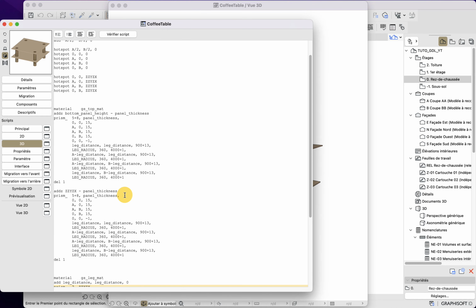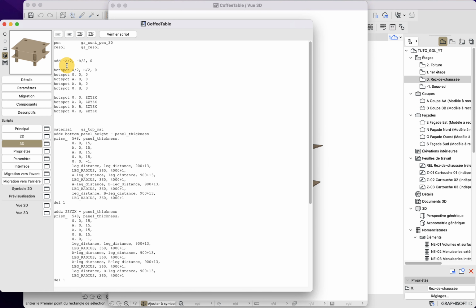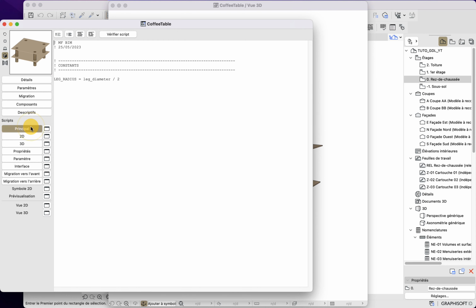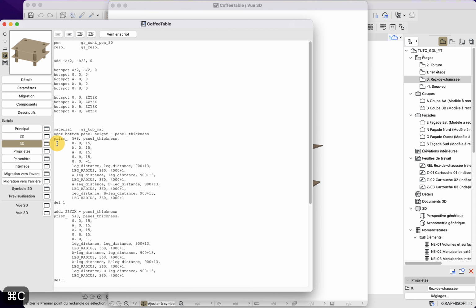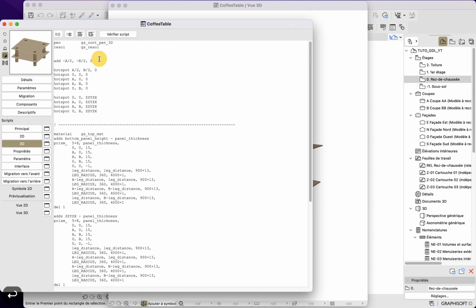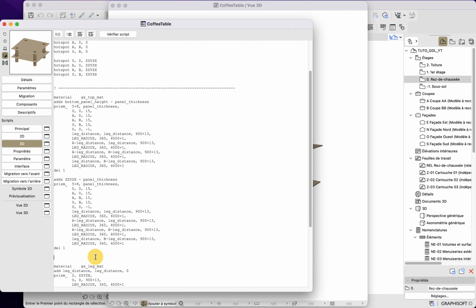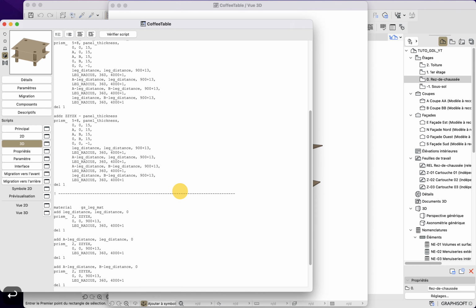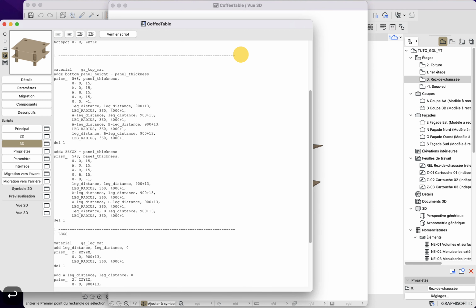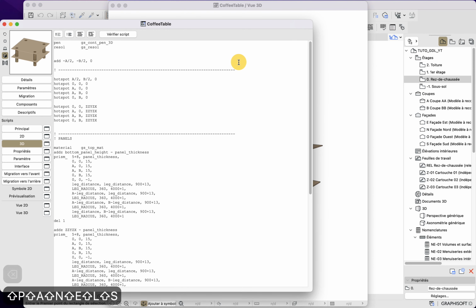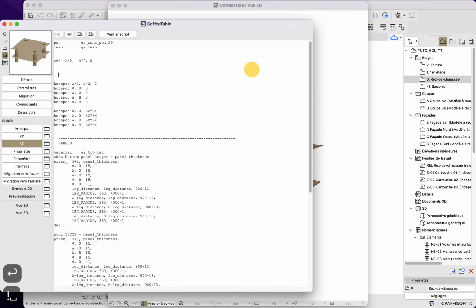Our code is a bit messy, so what we'll do is simply put some separation in our code. Here we have something that is a bit more readable. We basically split our code: here we have the hotspots, here we have the top geometry, and here we have the legs. I can also give some titles that way. Like this, it makes a bit more sense if I go back to my code in a couple of months.